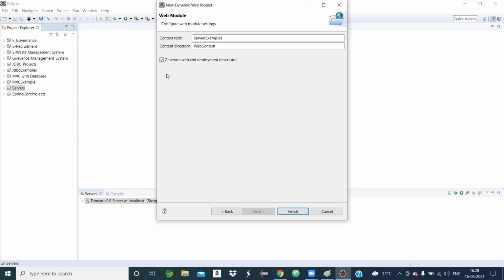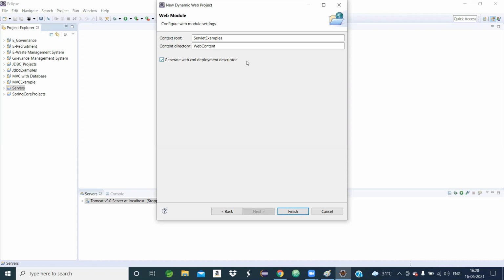This is mandatory and it is a very important point. Generate web.xml deployment descriptor. I will explain what the web.xml file is and why I put a tick mark. An XML file will be created, that is the web.xml file, and that web.xml file is called a deployment descriptor file. Why this file is important, I will explain.